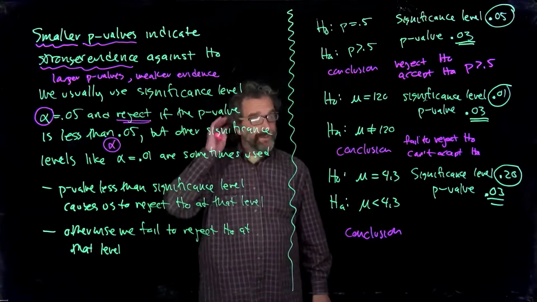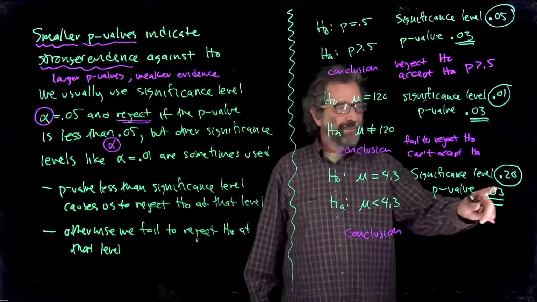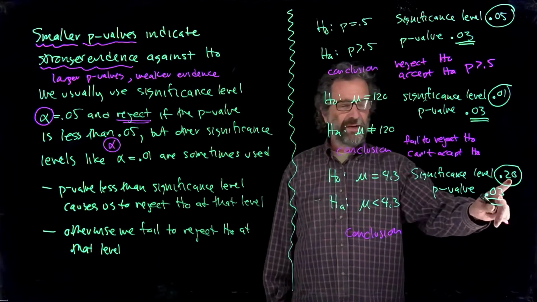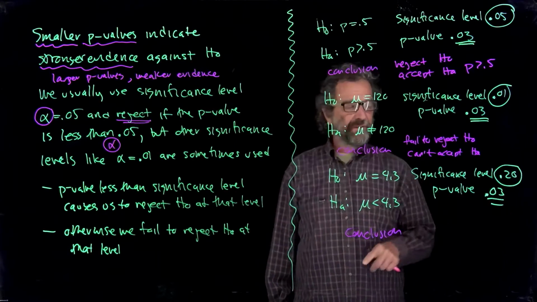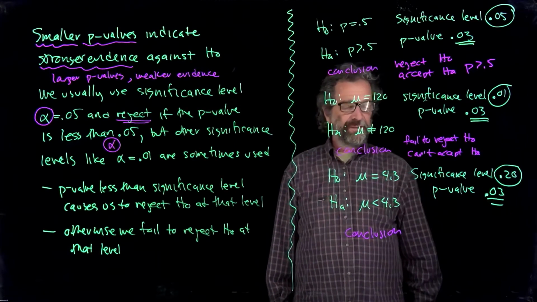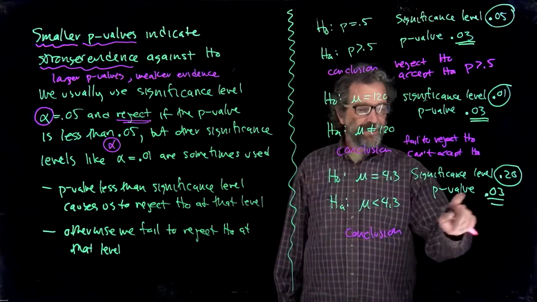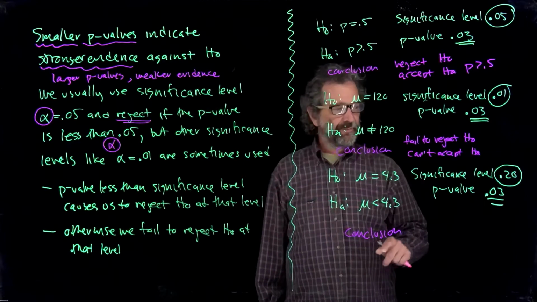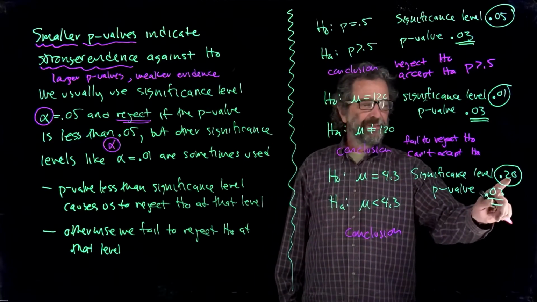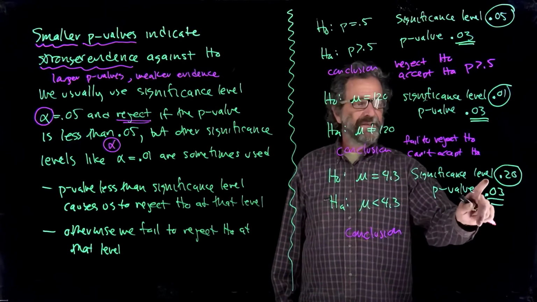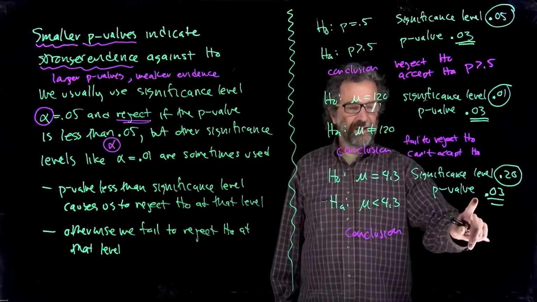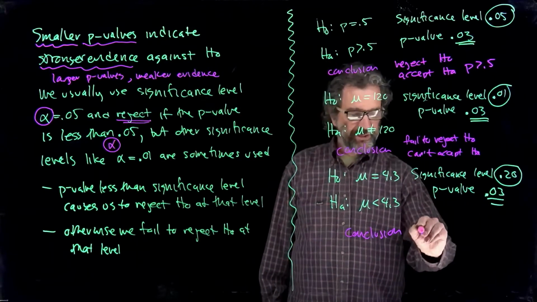And then for the third one here, I'm using significance level 0.2, which is not a very strong level of significance at all. It wouldn't take much of an unusual value for you to say that the mean's not 4.3. I get a p-value of 0.03. It's a lot smaller than 0.2. So since 0.03 is a lot smaller than 0.2, p-values less than the significance level cause you to reject the null hypothesis. So we're going to reject